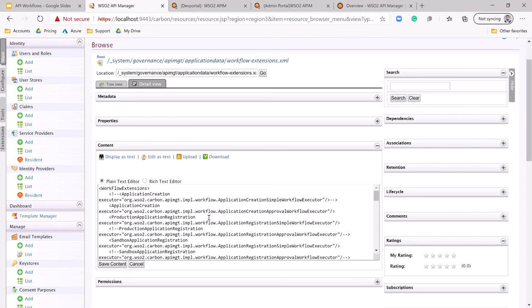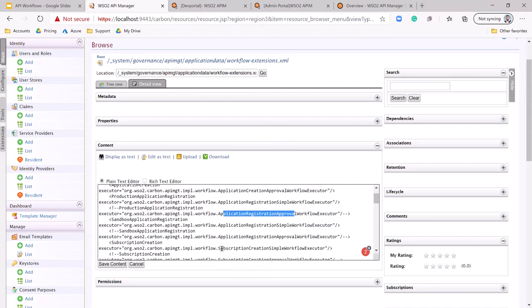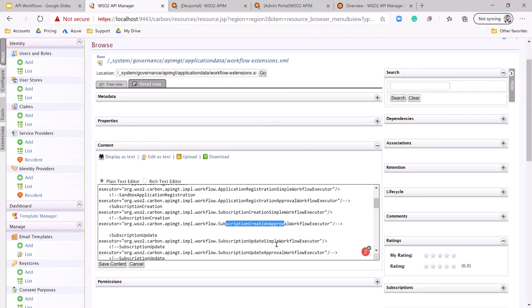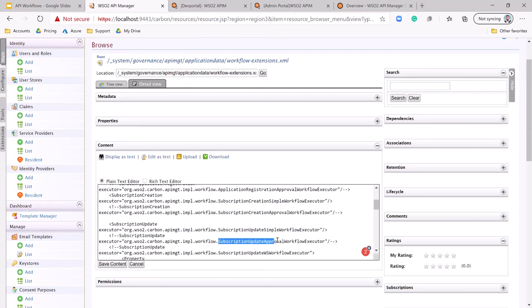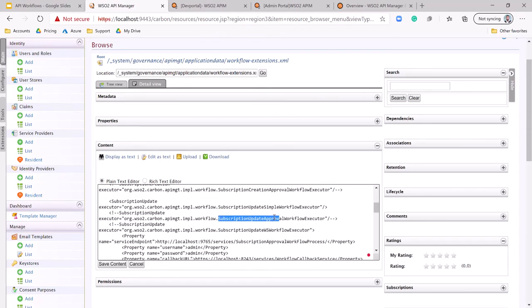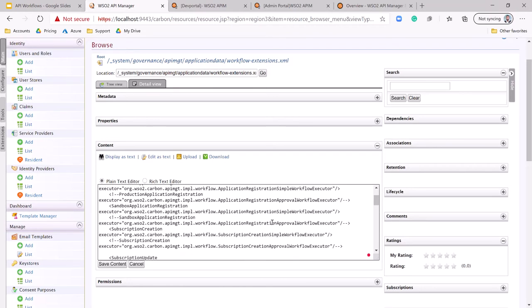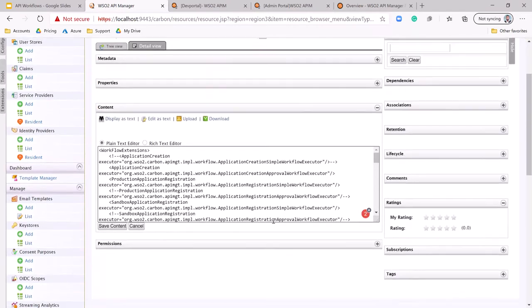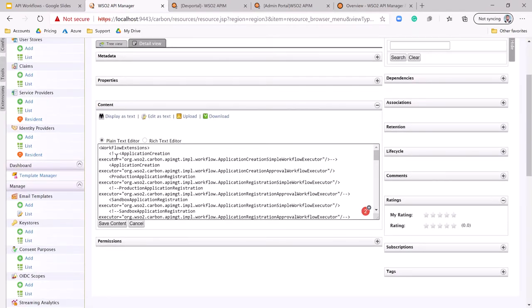So WSO2 API Manager ships workflow executors for application creation approval, application registration approval, subscription creation approval, and subscription update approval. So for all these processes, for all these capabilities, you can enable the workflows by uncommenting the required executor.